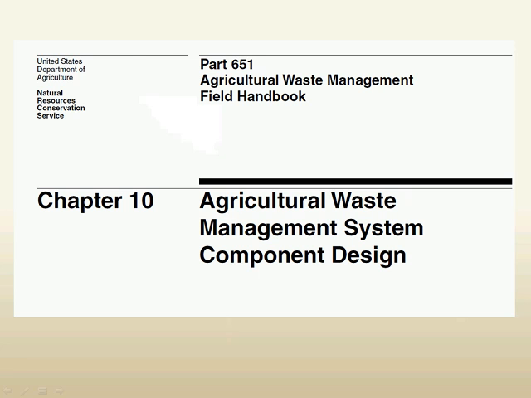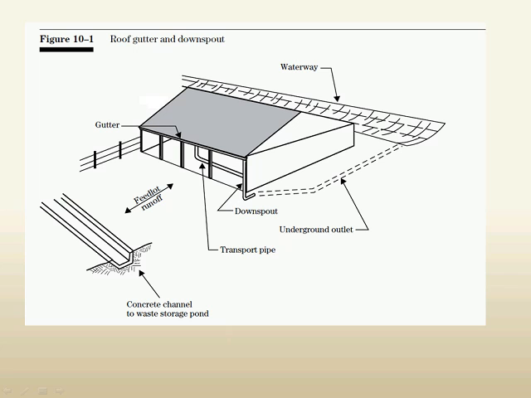So, what are gutter systems and roof runoff management? What are we based on? In NRCS, our design guidance comes from Chapter 10 of the Agricultural Waste Management Field Handbook. It's got some information in there about why we roof gutter. There is some design guidance in there as well. Here we see a figure that's talking about using a roof gutter and taking the water and routing it away from the production area of an animal waste management area.